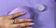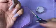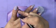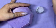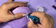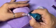All three of these dips from Dipomania are, first of all, beautiful. Second of all, they're all chromable. They are all powders that can be chromed. And I debated for a little while about whether or not I was going to chrome every single nail because I just love chromable powders. I just love chrome. I think it's such a cool and unique look, but I opted to just go with the one silver nail. I kind of regret that decision, but it is what it is, so we will just move on. So I'm going to dip into Brutal Violets, and then the next color is going to be Schism,